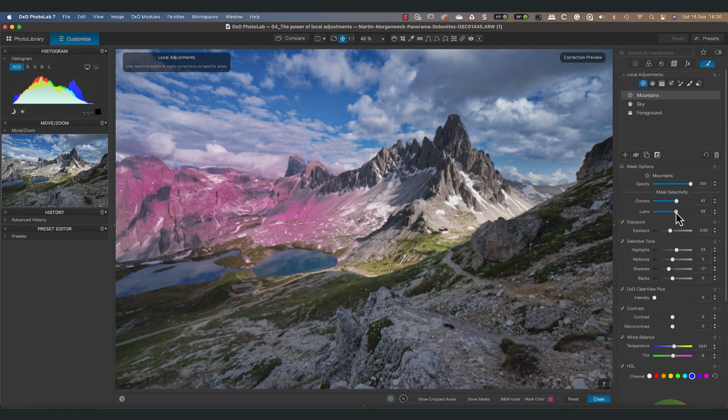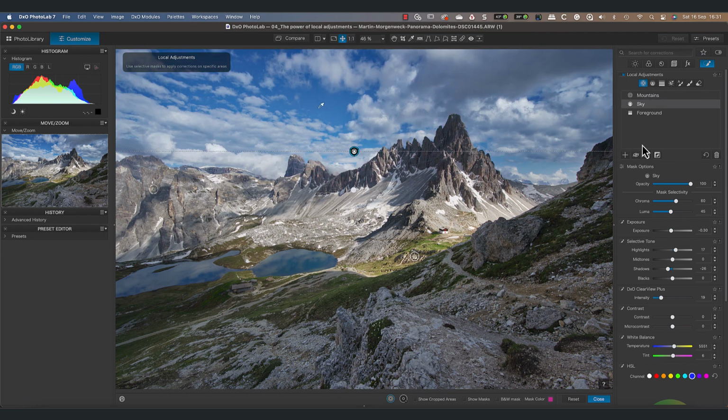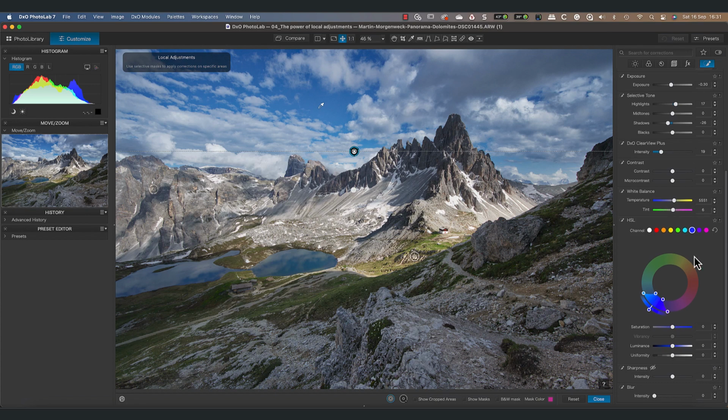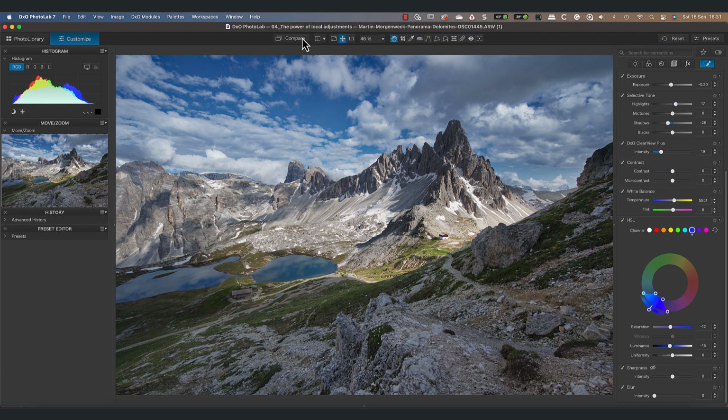Having applied my adjustments, I'm still not happy with the blue sky between the clouds as it's becoming too saturated. We can go back to the sky layer adjustments by clicking it in the mask list. I'll then use the new HSL tool and choose to adjust the blues. Now I can reduce the saturation in the blues and I'll lighten them slightly. And because the HSL tool is now part of the selection, it's only applied to the sky.